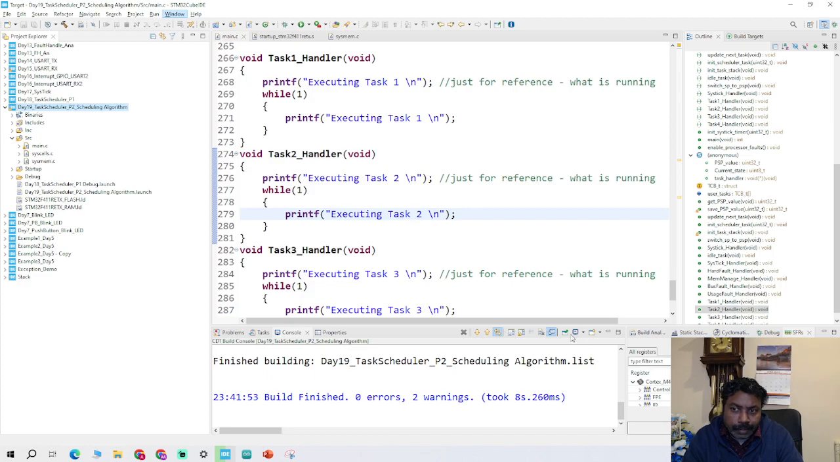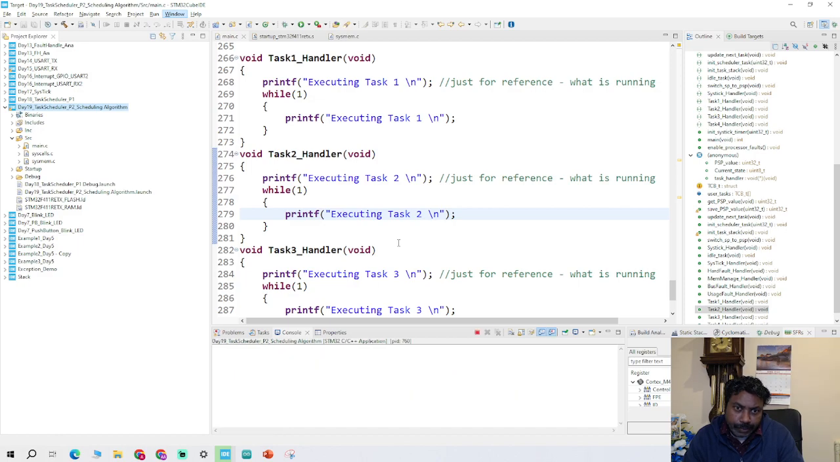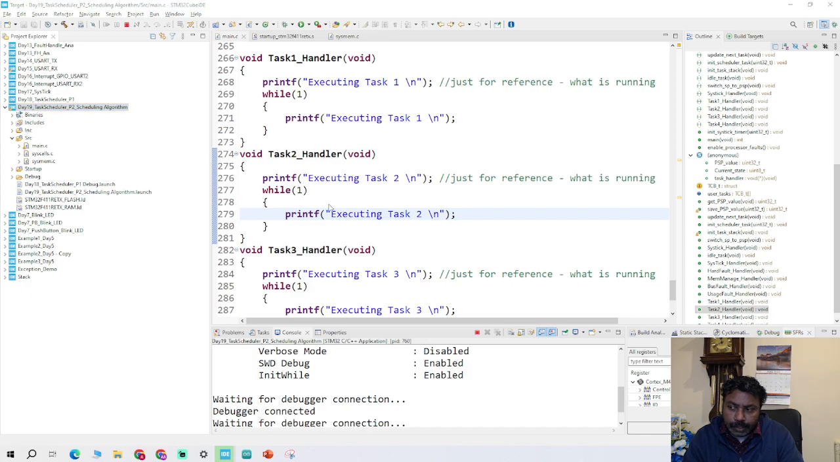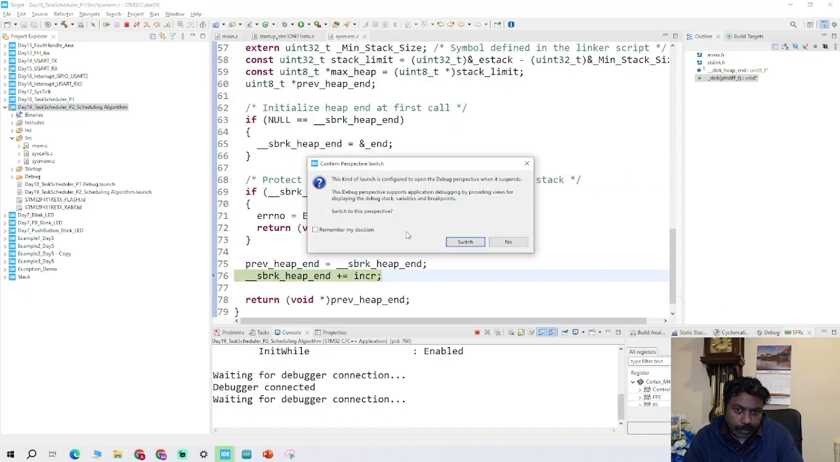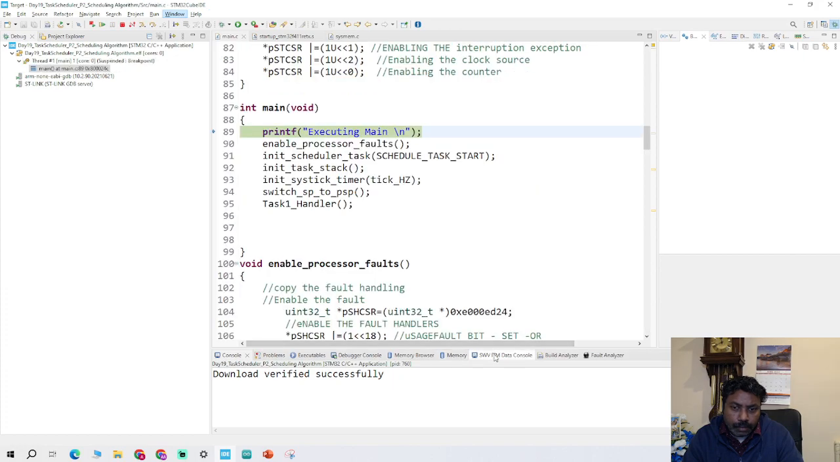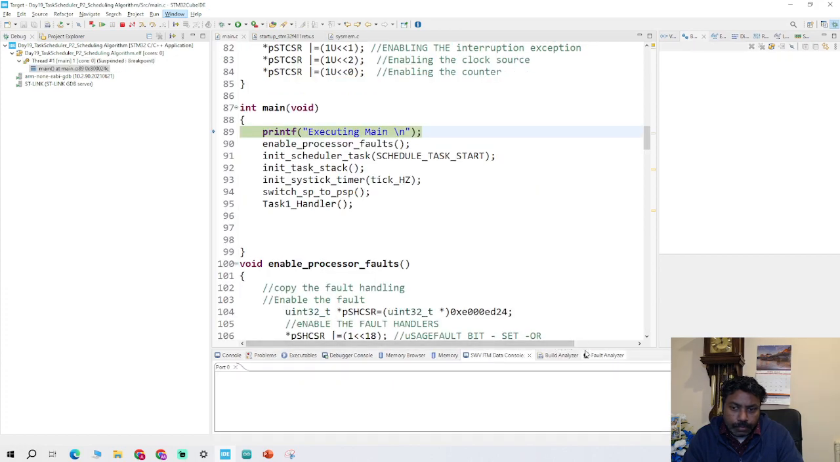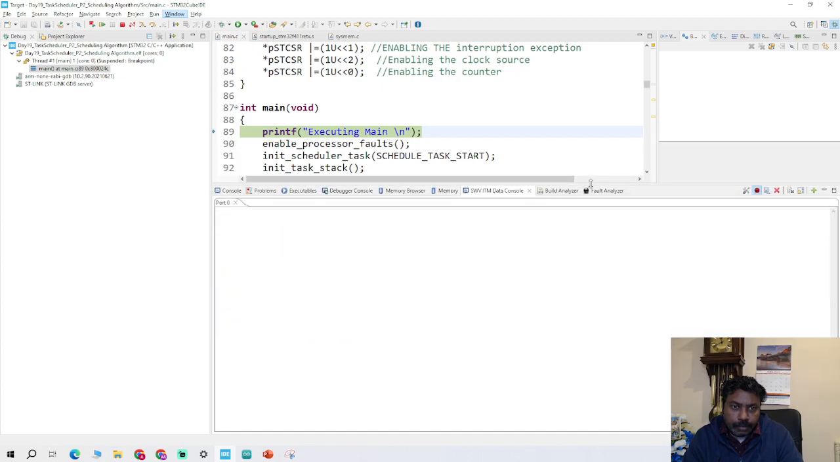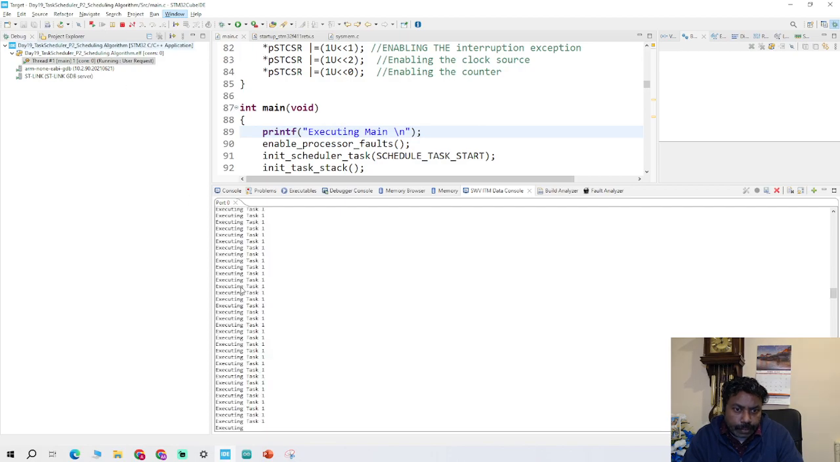It's 51%, nearly there. So we are asking it to schedule, and now we are compiling it and putting those messages inside the task handler. Now we'll see the output. Okay, let's open the console window and then hit run now. So see, now it's starting to schedule, executing task 1,